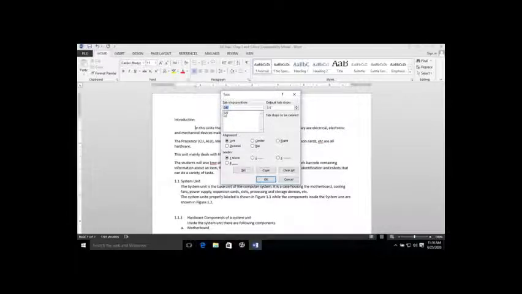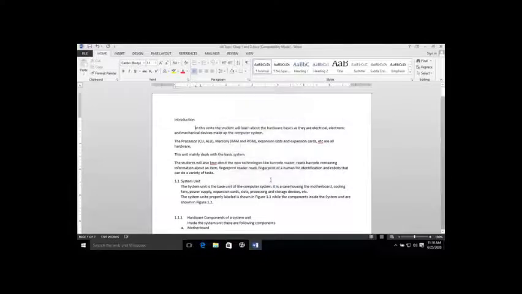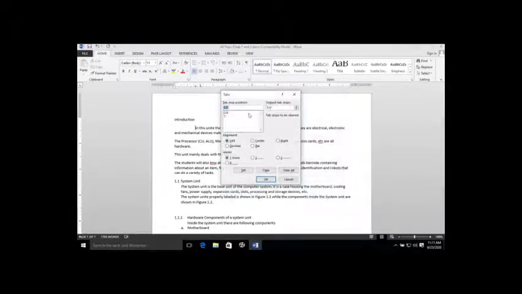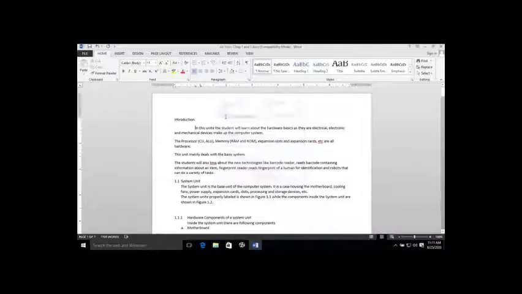So you can change that stop position, for example, if I make it 1 and set, and then click OK. So when I press the tab again, it is set to 1. You can change the values of these tabs from here.